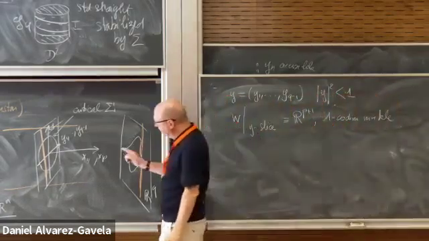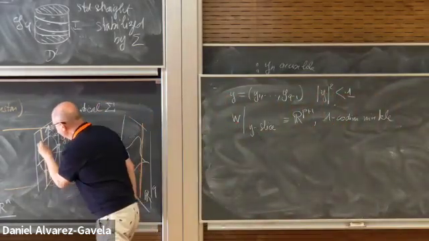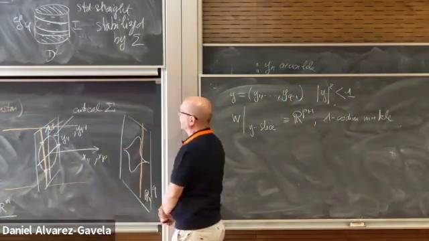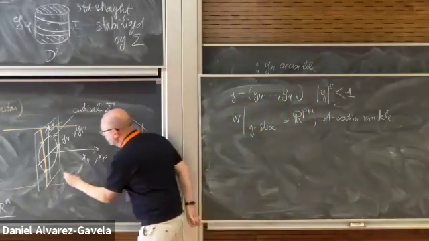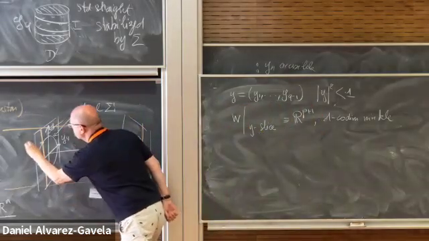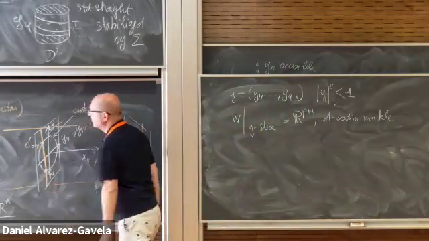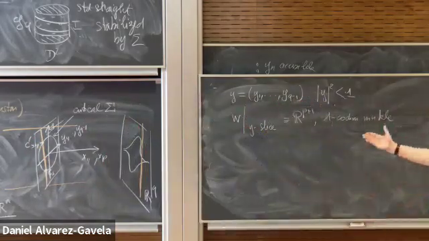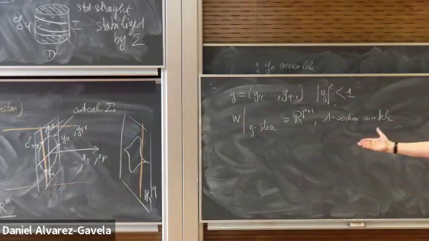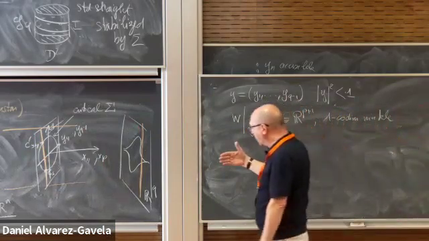Two critical points of index S and S plus 1. Restriction to this. So we shall apply what we did in codimension 1 in a parametrical way